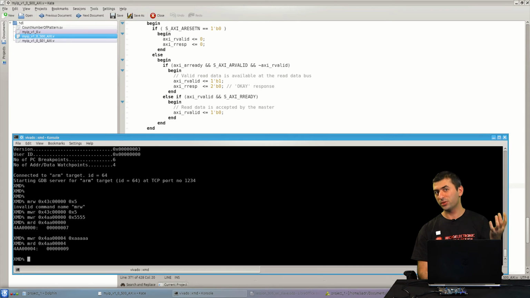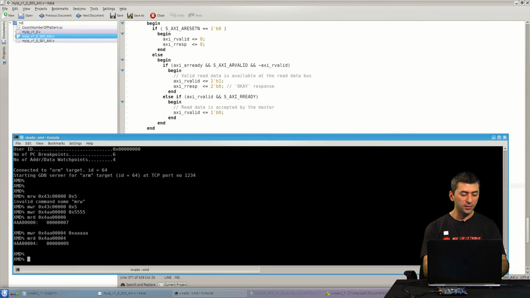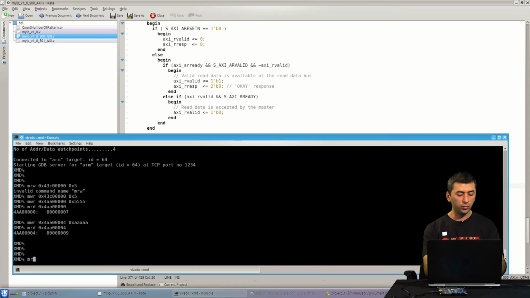The pattern search engine counts the number of occurrences of the specific pattern for each location and stores it in another memory, as I showed you in the implementation. So let's write to the base address of the AXI slave full block,